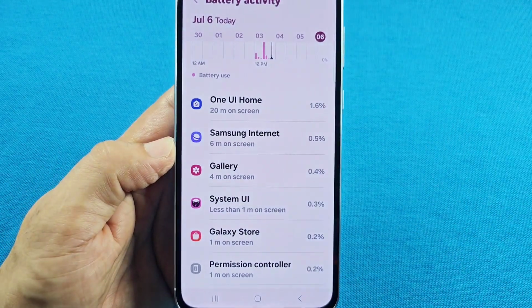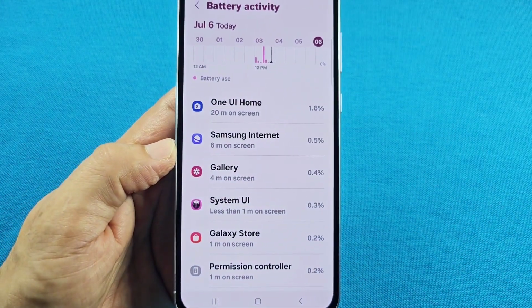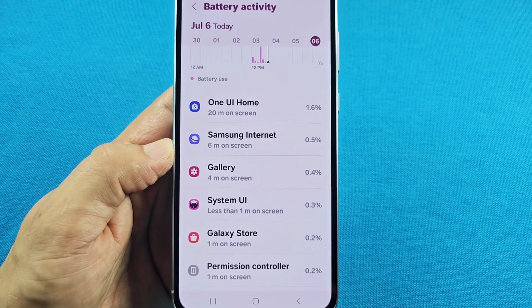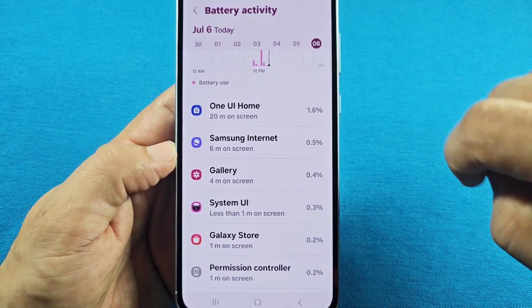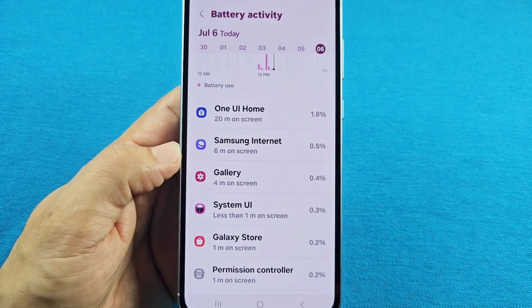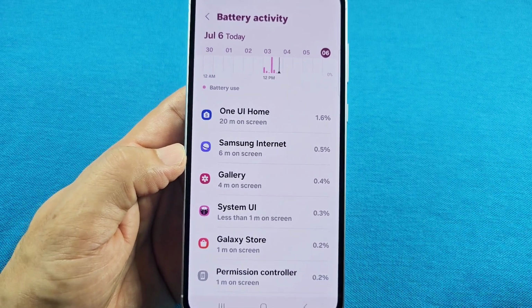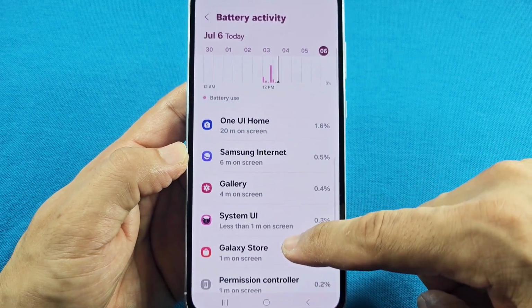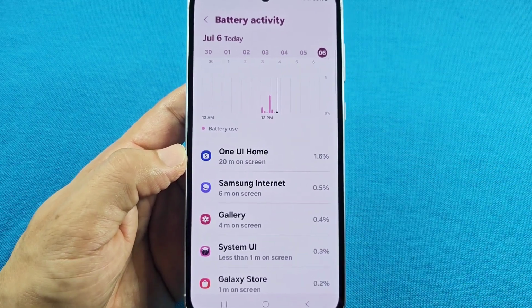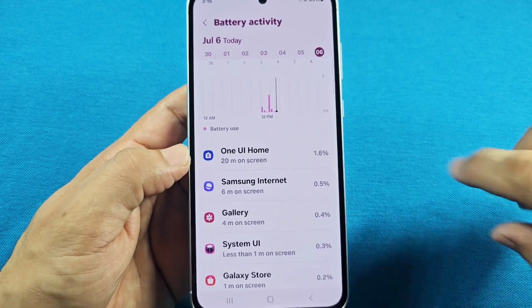Here is where you can see a list of all the apps on your phone that's being used in terms of using battery life. So you can see my One UI is using 1.6, and of course yours is going to be different as your phone will be used more than mine here, and you can see which apps are draining more battery life. And because you can now identify which app is draining the battery life here, you can